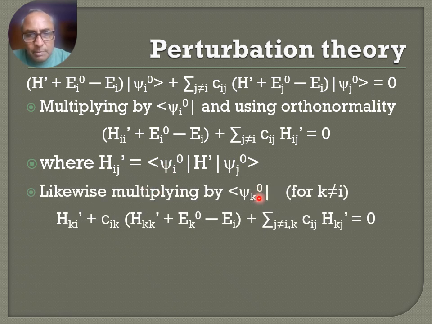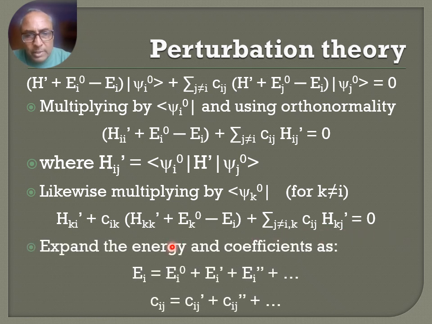Likewise, left multiplying by psi_k^0, where k is not equal to i, we get H_ki dash plus C_ik times (H_kk dash plus E_k^0 minus E_i) plus sigma over j not equal to i or k of C_ij H_kj dash equals